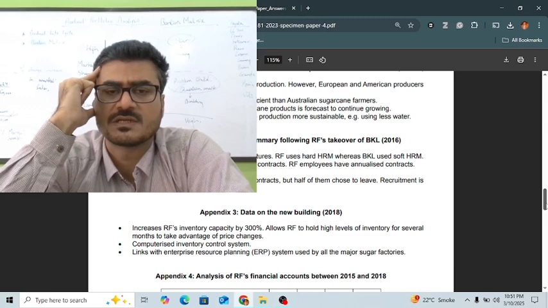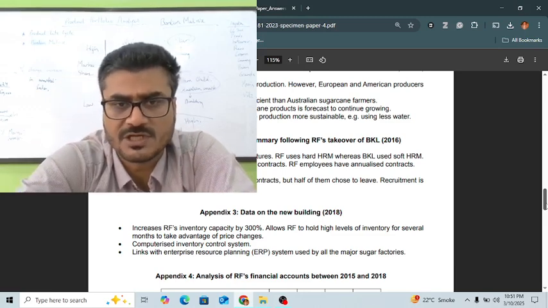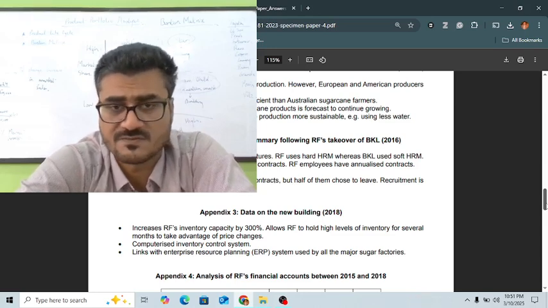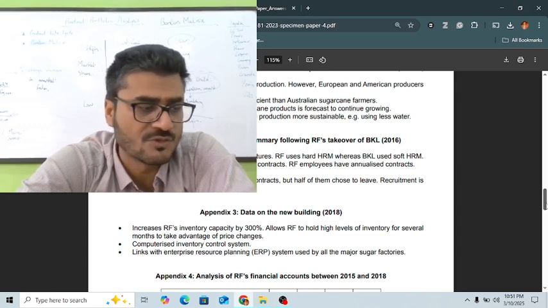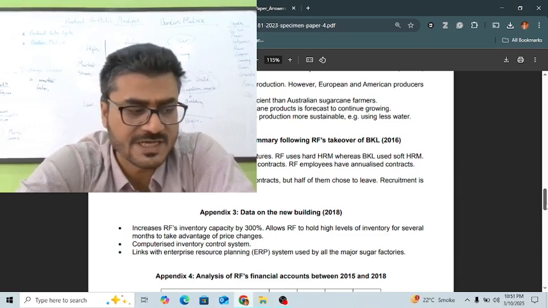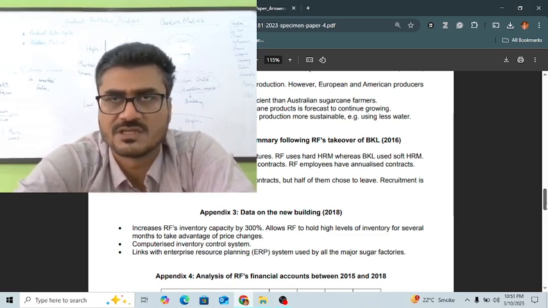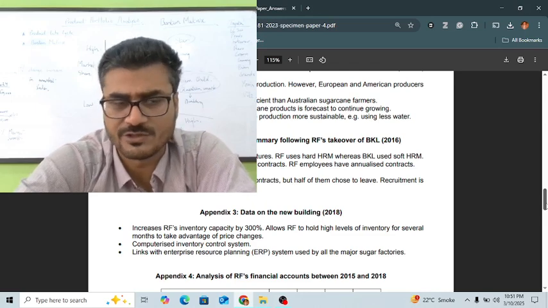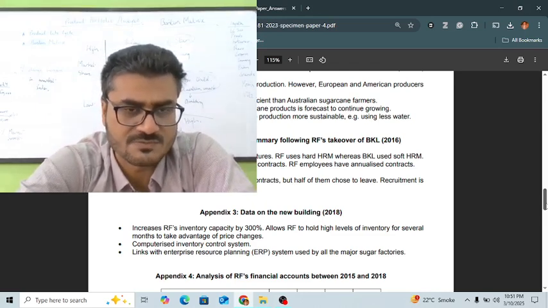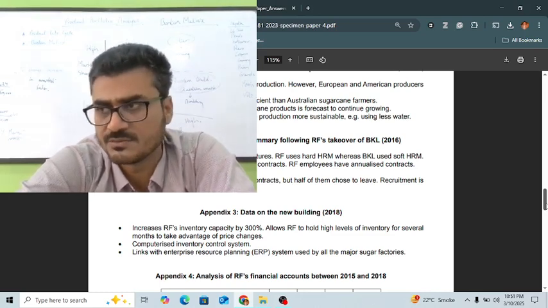Obviously, by purchasing a building, they have increased their capacity to hold raw material, allowing RF to hold high levels of inventory for several months to take advantage of price changes. Obviously, we have discussed both inventory holding cost and the benefits of holding higher levels of inventory, and there are certain disadvantages as well in the form of inventory holding costs. So we need to discuss these two facts in our analysis points and make a judgment, two-sided